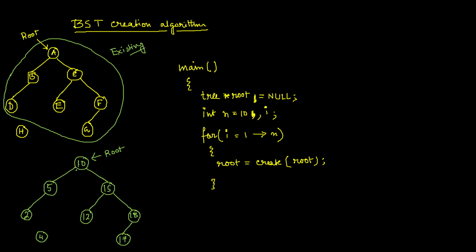So 12 will be first checked with 10, and then since it is greater than, you have to go in the right side of 10. Now since this right side of 10 is already filled up, already filled with 15, that's why you will basically go in the right side once, and then you will check with the updated value of the current node where you are pointing with 12.